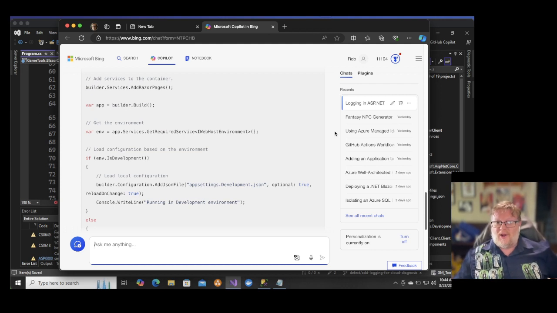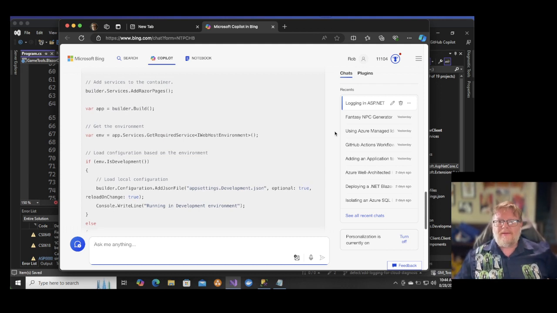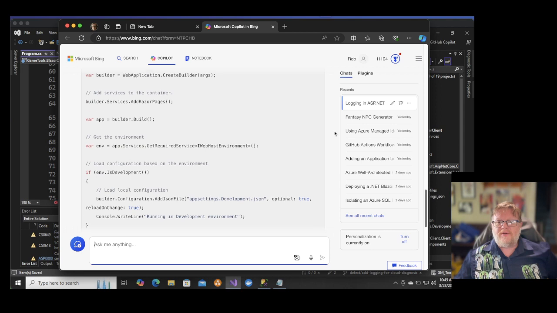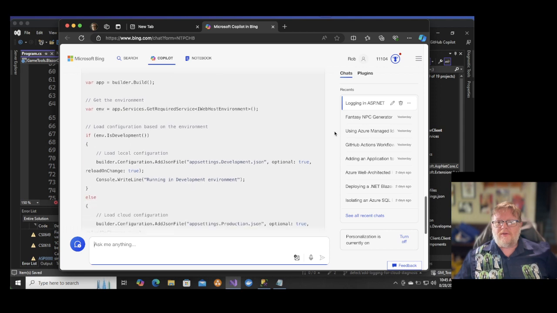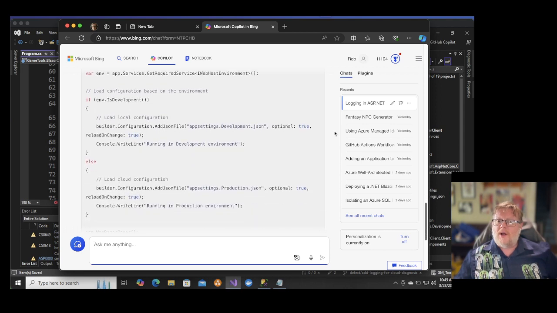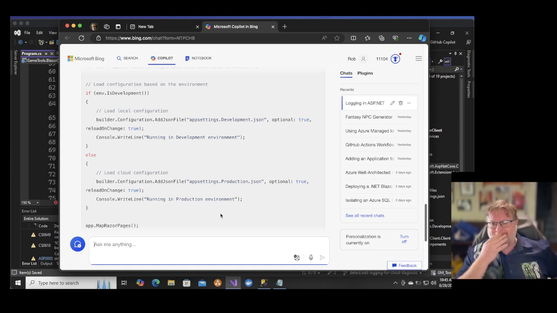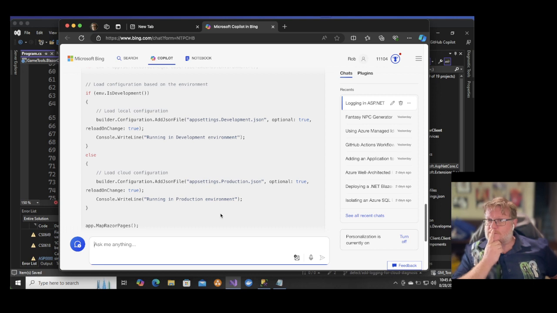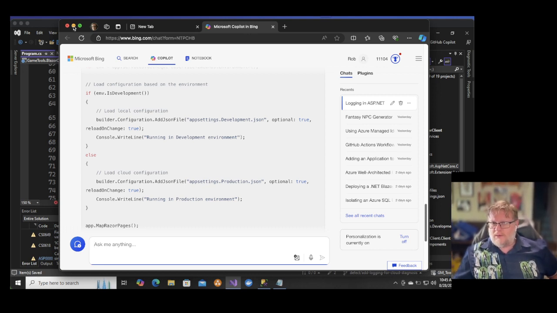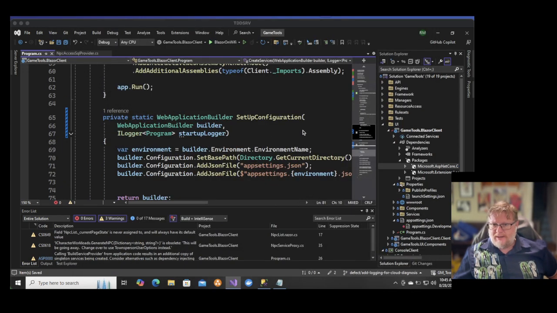No, that doesn't help me at all. Well, I suppose I could use env.IsDevelopment. But